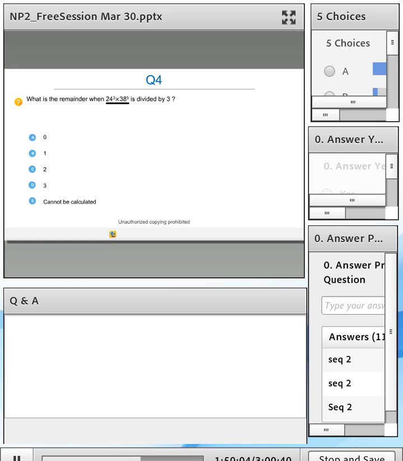What you're given is, what is the remainder when 24 cube into 38 raised to the power 5 is divided by 3? Look at the numbers here. 24 is completely divisible by 3. So the remainder has to be 0. So the correct answer here is 0. Is this a 700 level question? It is, well, depends on the accuracy of the question. The way you guys responded, it is definitely a 700 level question.